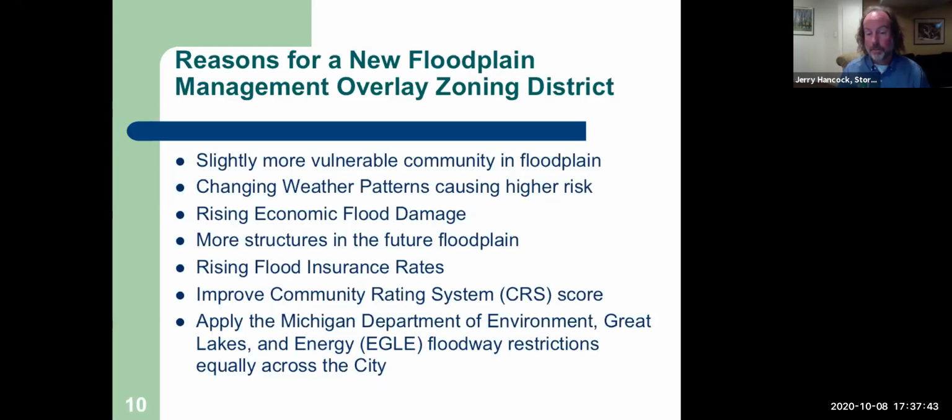More structures in the floodplain in the future. We know from modeling that we have done locally that there are a couple areas where the floodplain should extend beyond the FEMA mapped floodplain. Rising flood insurance rates. That's something that FEMA is working on. They currently have a project going called Risk Rate 2.0 where they're revising the entire rate structure. So we have an opportunity to improve within the community rating system. And also,